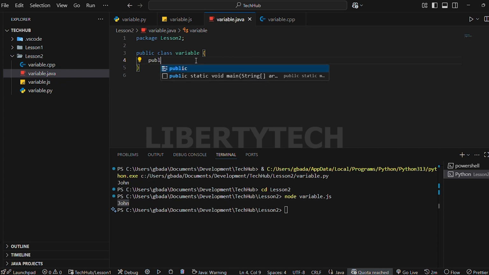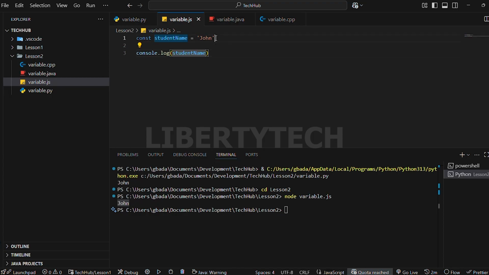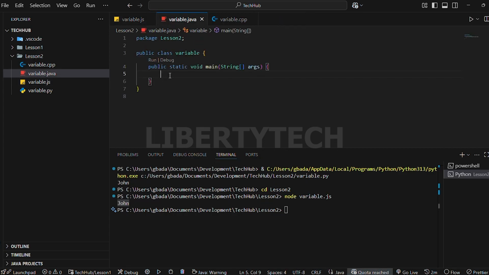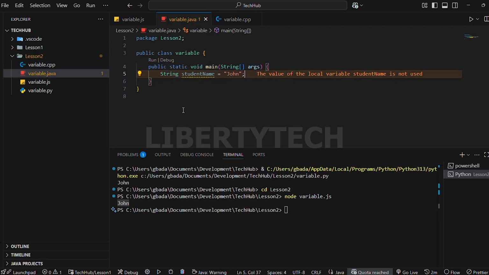So I'm going to try to, in the JavaScript part, remember I said for you to be able to know that this is a string, then it must be quoted. Now, there are conventions in creating a string or any data types in Java. So for this case, we'll be using a string. Since our value is going to be a string, then I'm going to use the same thing, which is student name to be equals to John. Now don't forget, you have to close it,